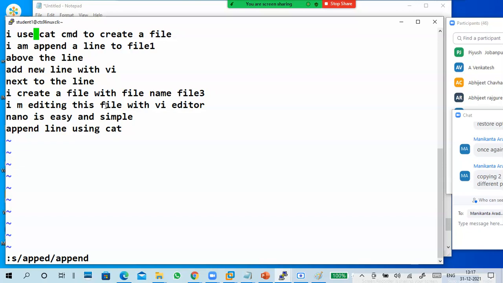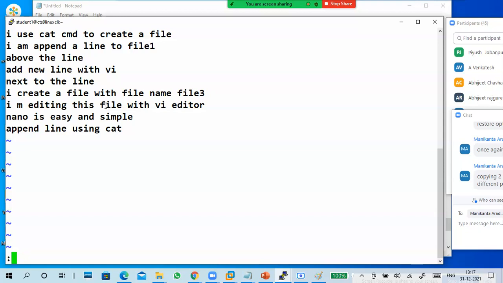It is very difficult to search and replace if you are doing it like this, right? Each and every line you have to go and change it. That's a difficult one. But what I'm doing is, look here.